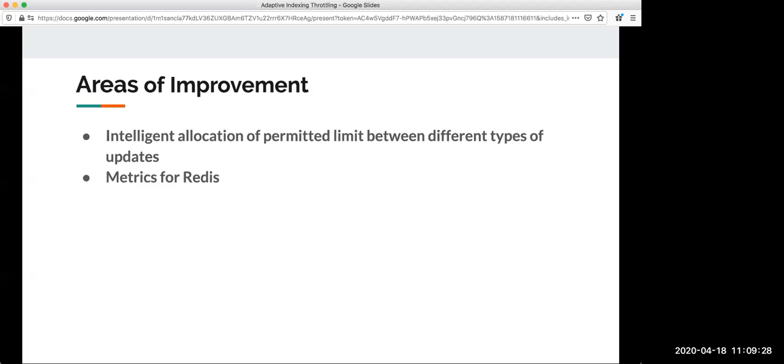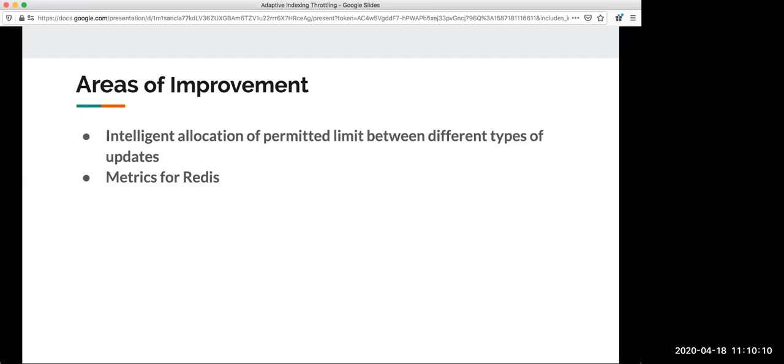So currently we just gave them a static priority list. And our system looks at that priority list and looks at the number of pending messages and figures out how many messages of each class it should process. So let me put it this way. Suppose our throttling engine said that I can process 1000 messages per second on Solr. That's the amount Solr can take. So I can write 1000 messages per second. Now I said, okay, I have discount updates, I have inventory updates, I have catalog updates, I have coupon updates. How do I divide this 1000 limit between these four?